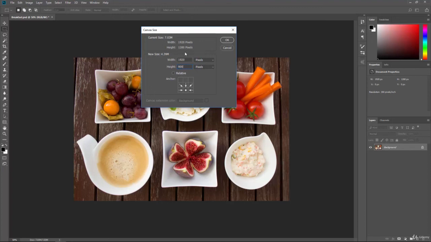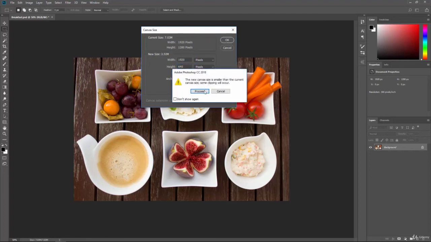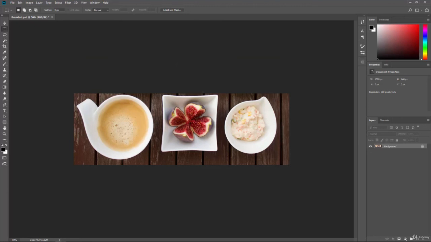Actually, if we were to take 1280 in half, it would be 640. Let's just try that. And we should just get the bottom half of this document. So we'll hit proceed, and there we go. We kept the width, we anchored to the bottom, so this is where our anchor point is, and we are using a height of 640 pixels, which is cutting off just the bottom and centering everything up.